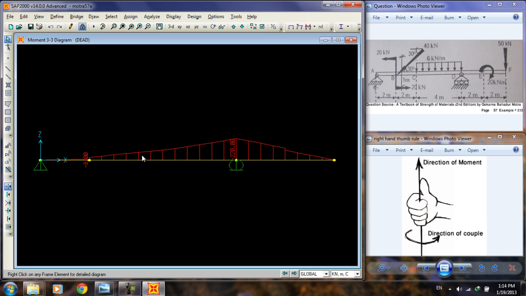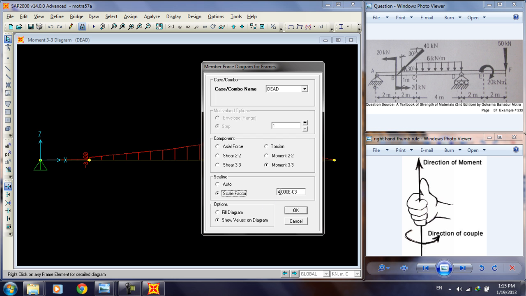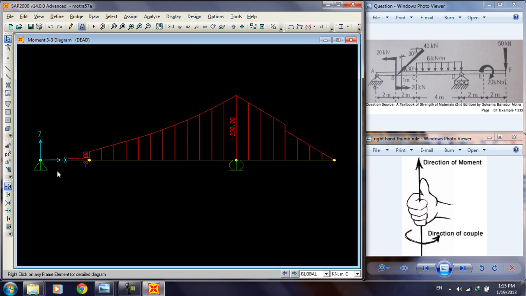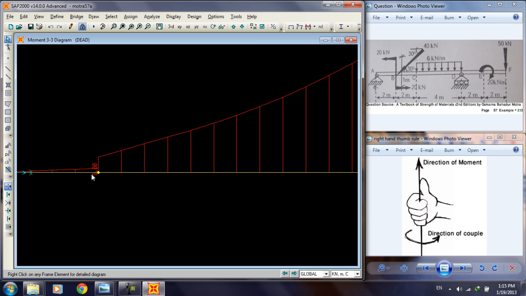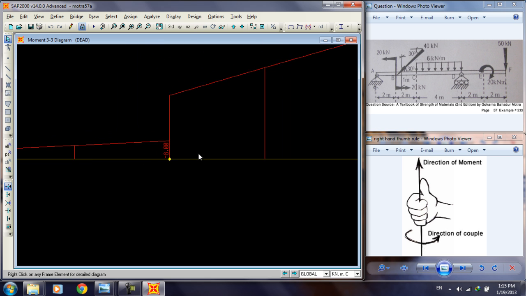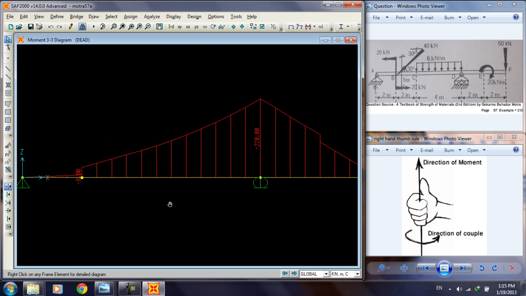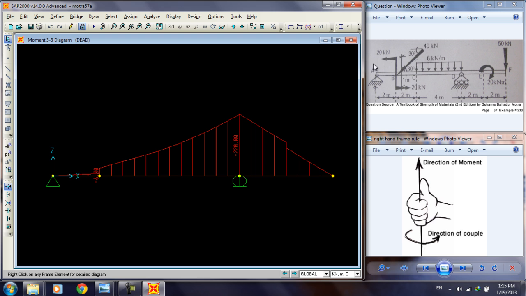and this does not look quite good at this scale, so you can change the scale to the one you like. Let's change it to twice or thrice, let's say. Okay, now it gives a better view, and you can always zoom by scrolling your mouse and get the values. Now this is the analysis that we got from the application SAP2000. So let's compare the values with the solution,